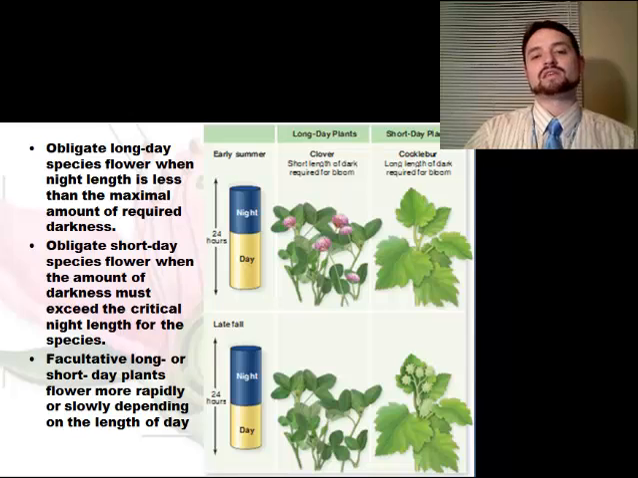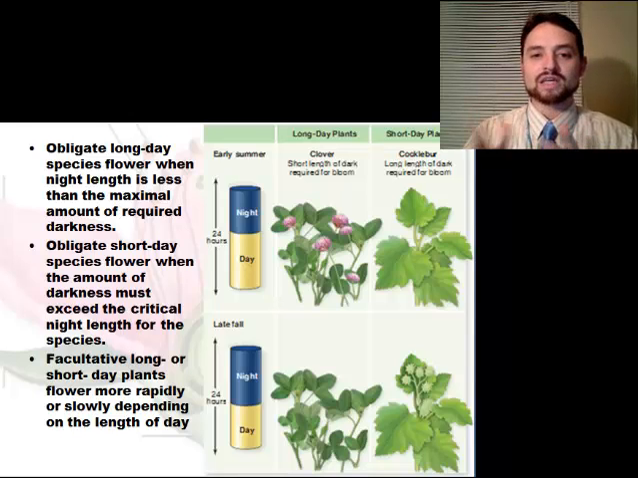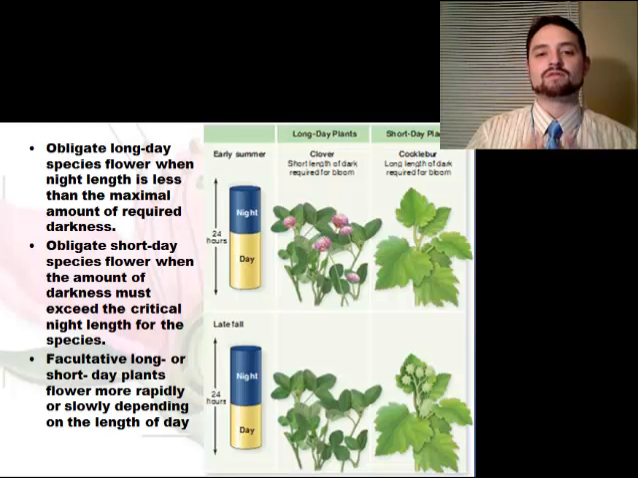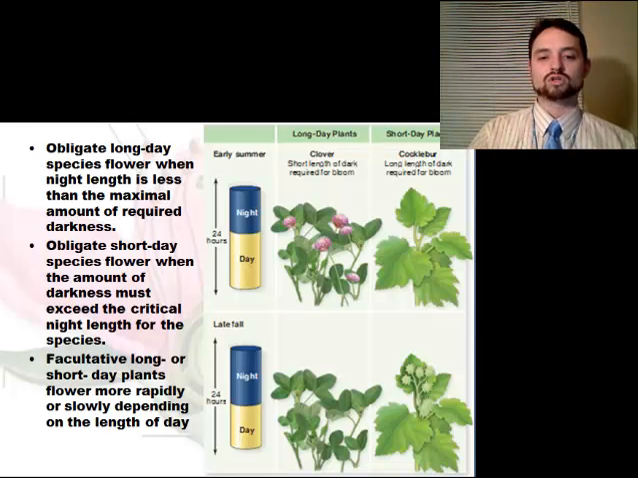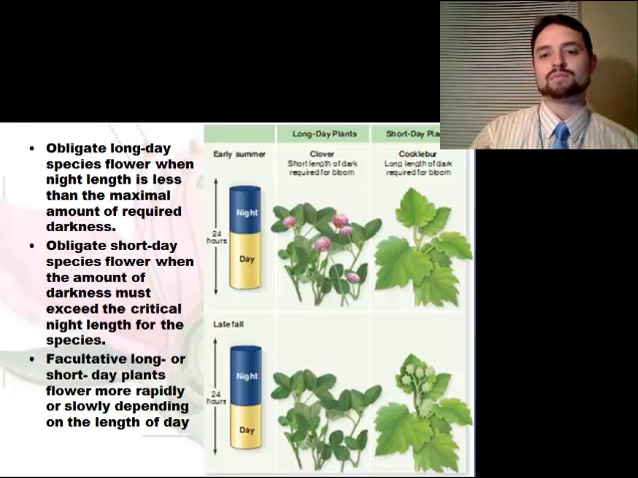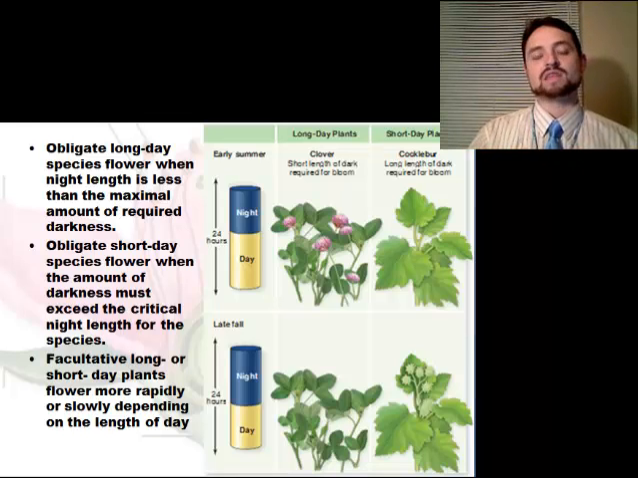So when you're looking at this, you've got the obligate long day species, which flower when night length is less than the maximum amount of required darkness. Your obligate short day species flower when the amount of darkness exceeds the critical night length for the species. And then you've got the facultative long or short day plants, which flower more rapidly or slowly depending on the length of the day. So you can really change a lot depending on the amount of night, the amount of darkness